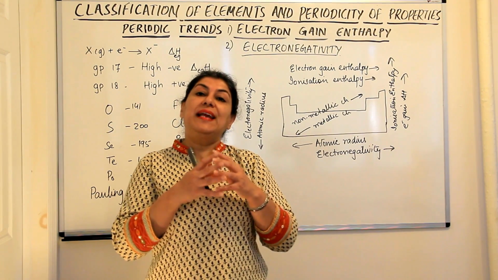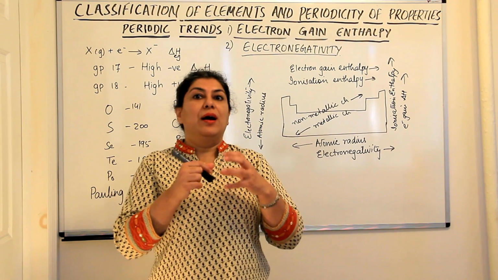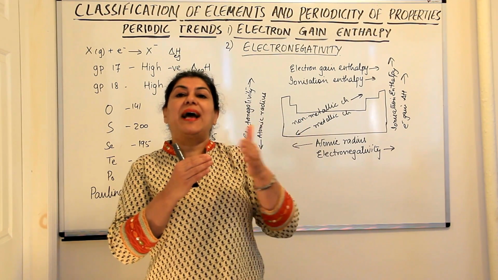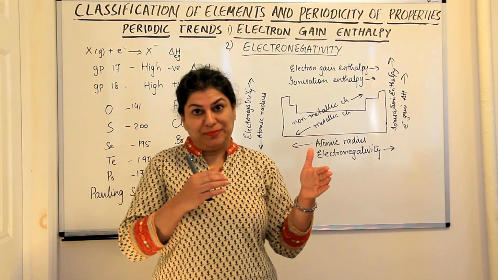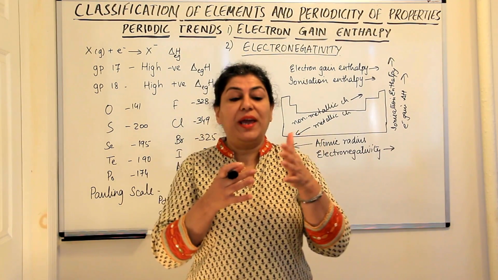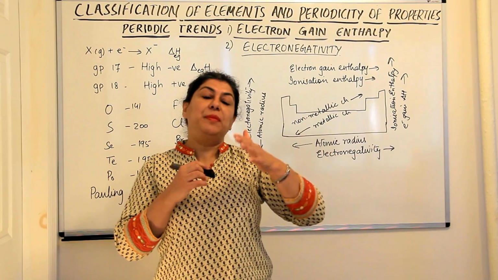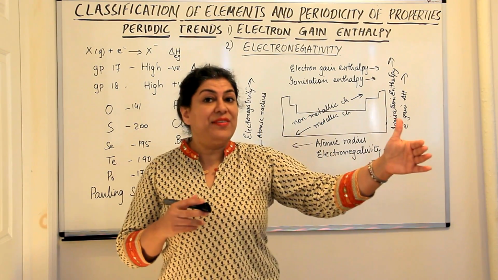So, electron gain enthalpies should be highly negative for an atom where the electron is being added to smaller shells, logically. And as the atom increases, the value of electron gain enthalpy should become less and less negative,